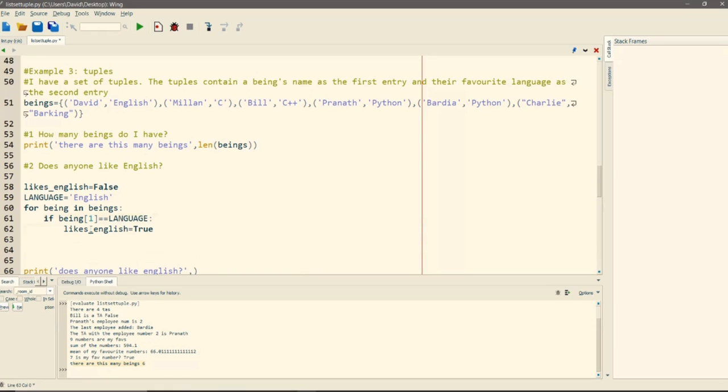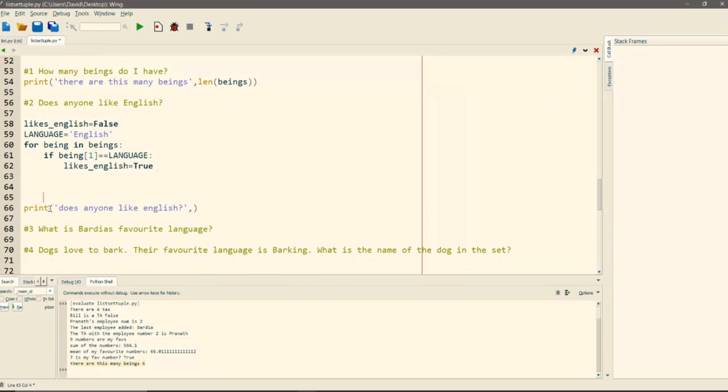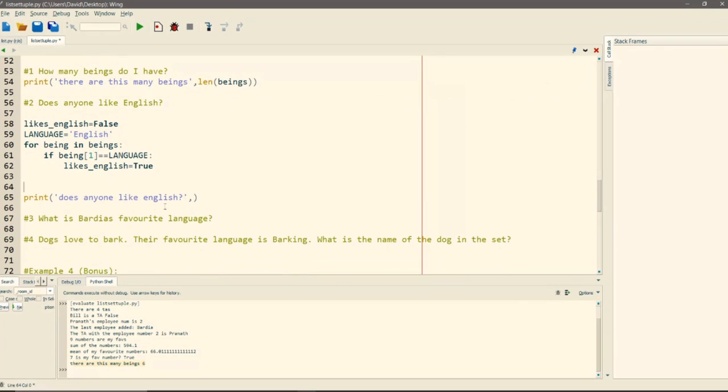So, likes English turns true. Sweet. Now we go back over to our print statement, which is down here, and we throw in the Boolean. Say likes English, and there we go. So someone does like English.